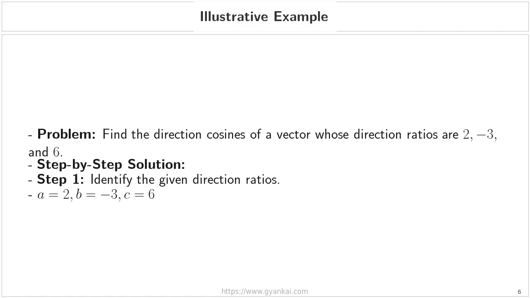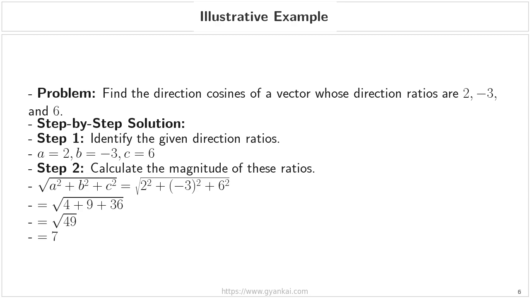In step 1, we simply identify our given values. From the problem statement, we have A equals 2, B equals -3, and C equals 6. Next, in step 2, we need to find the magnitude of these ratios. This is a crucial step we discussed in the previous slide. We take the square root of a squared plus b squared plus c squared. Plugging in our numbers, we get the square root of 2 squared plus -3 squared plus 6 squared. When we calculate the squares, we get the square root of 4 plus 9 plus 36. Adding those together gives us the square root of 49, and since the square root of 49 is 7,